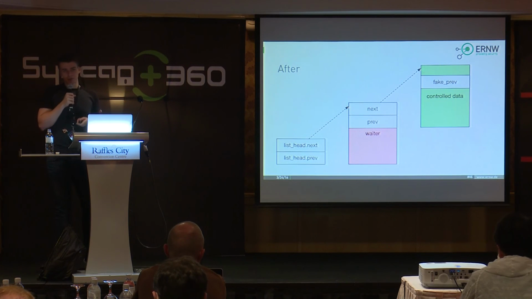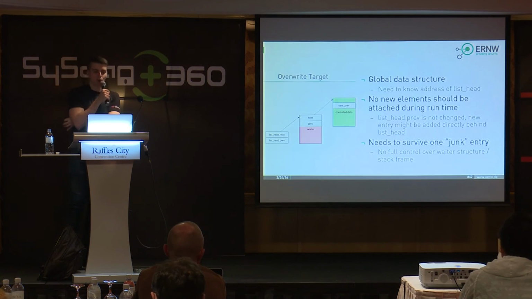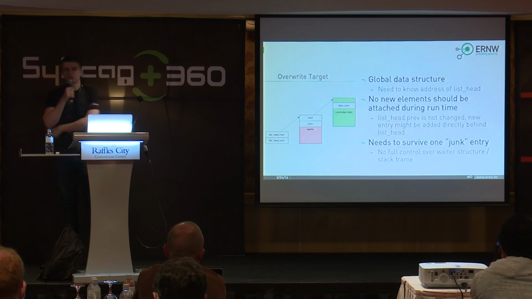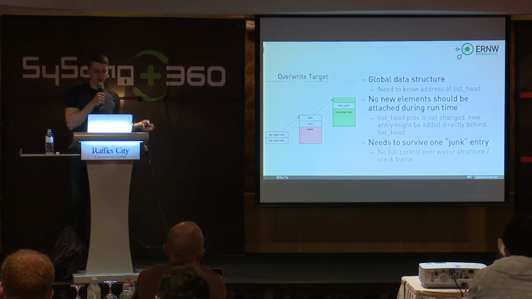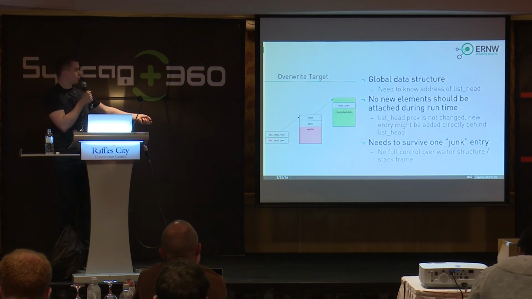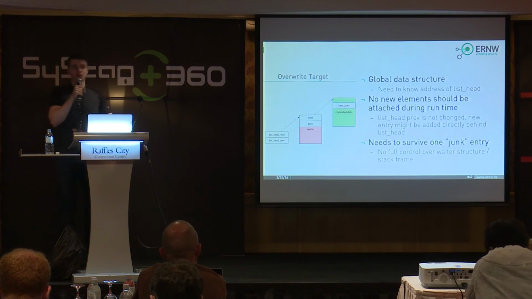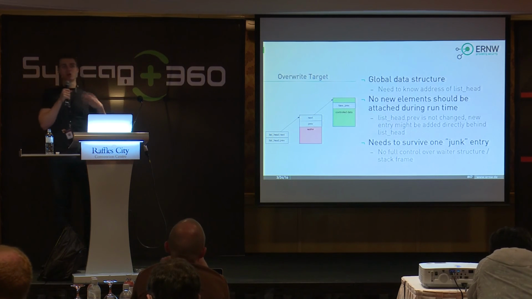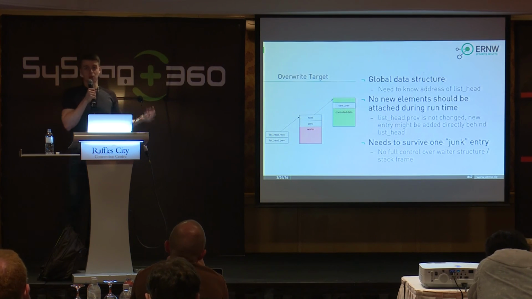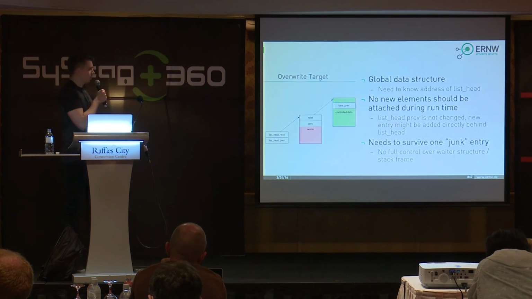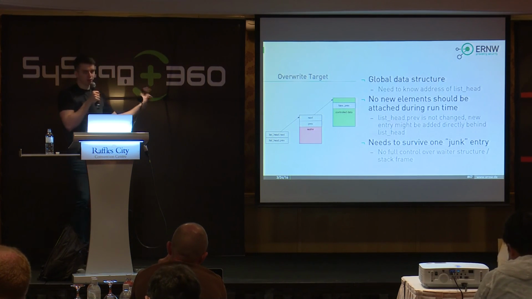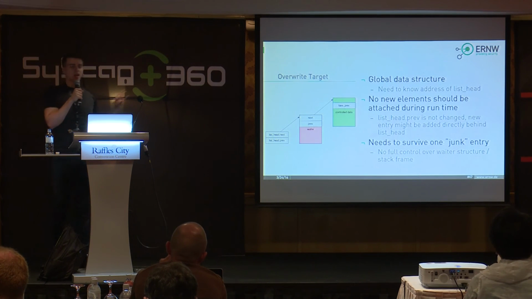So we have a couple of requirements for this linked list. It has to be a global data structure, because then we can be sure, for a certain kernel version, it will always be at the same address. Because we need to know the address of the list head. So the requirement for this exploit is basically knowing the kernel version of the host system or the management domain, which might be a problem or might not be a problem depending on the exact environment. There shouldn't be new elements attached to it during runtime, because that will use the previous pointer and stuff like that, and will